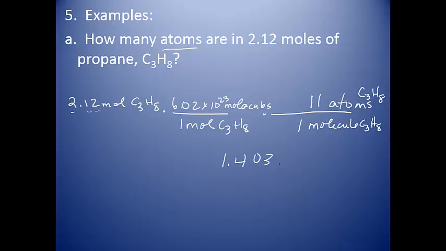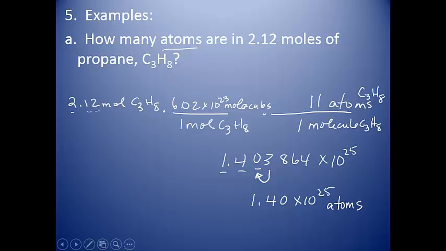number. So I'm going to throw some of those numbers up here, and that is to the 25th at this point. And we don't need all of those. We have 3 to start with, so we're going to keep the 1, the 4, and that 0 is significant. It's between 2 non-zero numbers. So the 3 was going to be used for rounding. Do we round up? Do we keep it the same? And 3, we keep it the same. So 1.40 times 10 to the 25th, and that is how many atoms are in 1 mole, 2.12 moles of